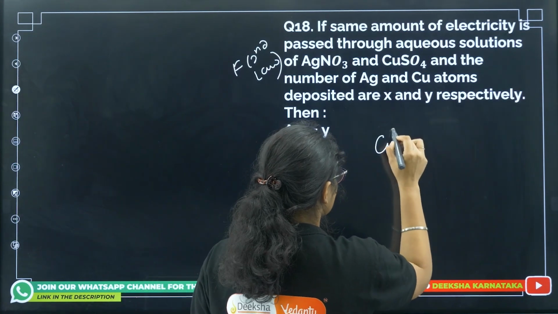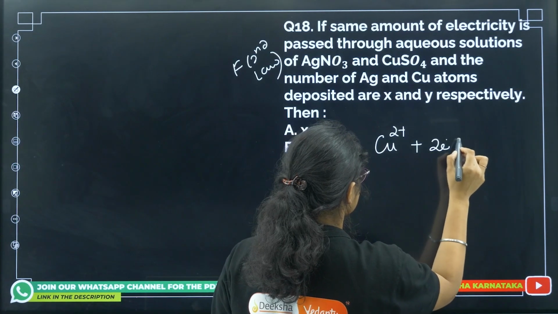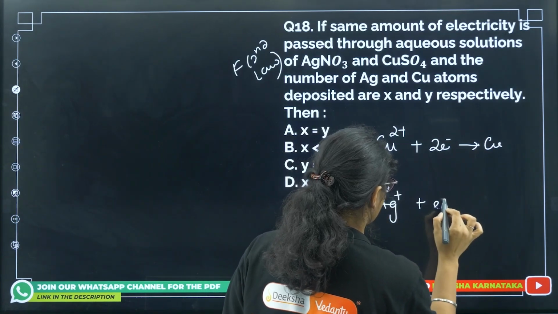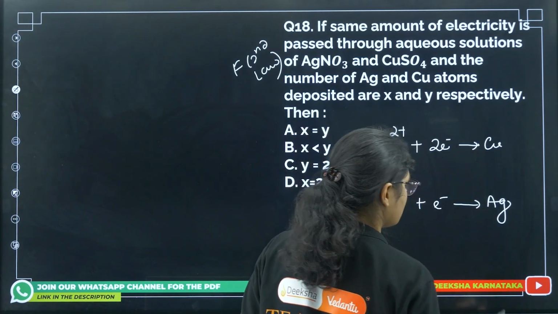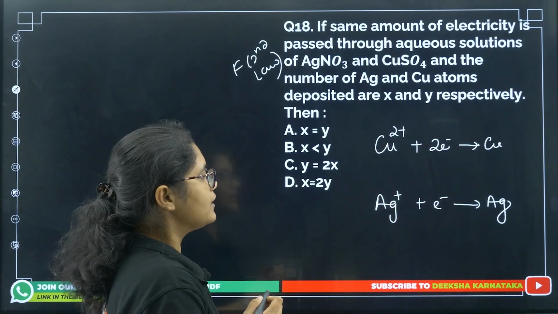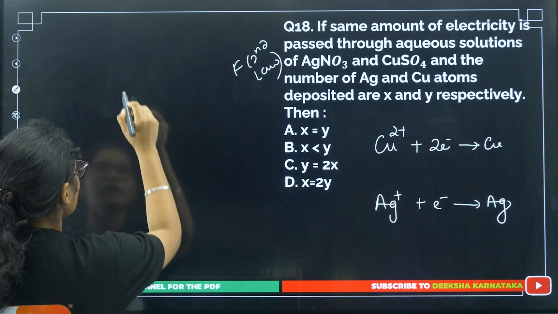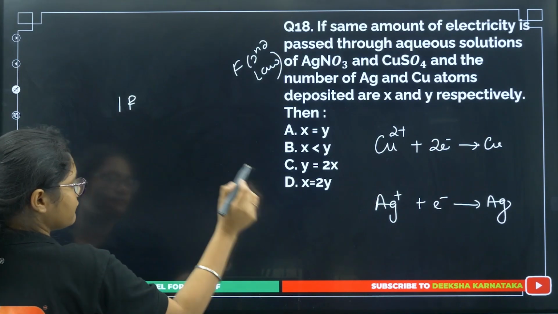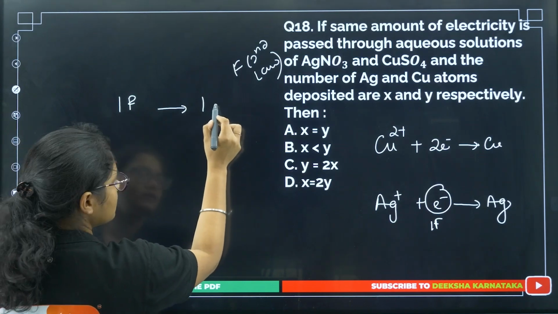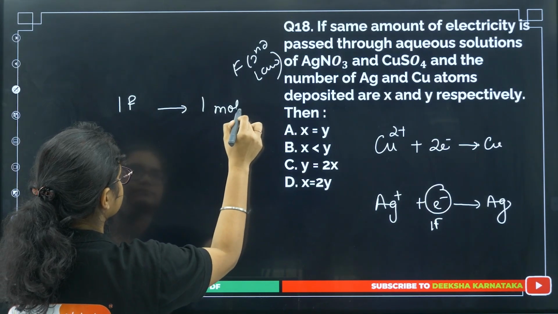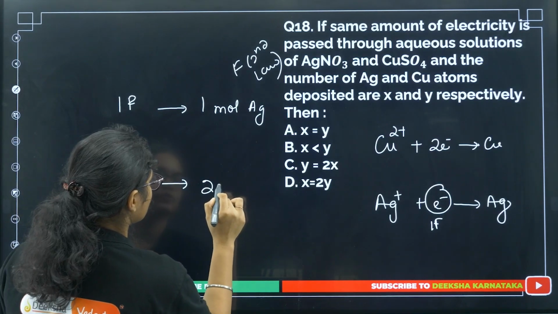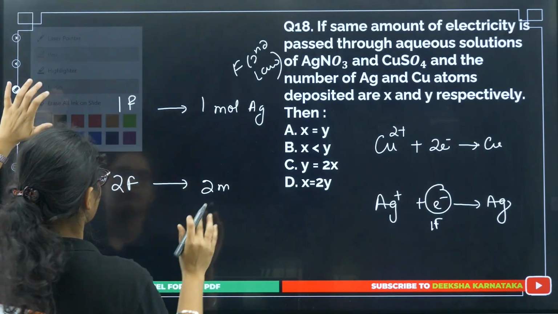Now see, Cu2+ is there. How will Cu get deposited? By getting 2 electrons. Now how will silver get deposited? By gaining 1 electron. Right? Cu2+ plus 2 electrons is copper, Ag+ plus 1 electron is silver. Now what I can say is that 1 mole of electrons is 1 Faraday. 1 Faraday deposits 1 mole of Ag, and 2 Faraday deposits 1 mole